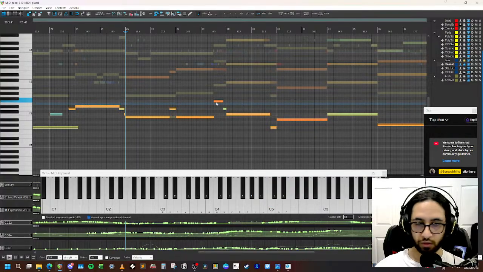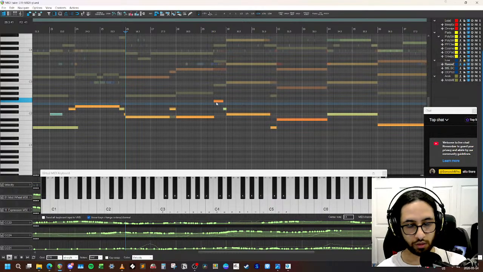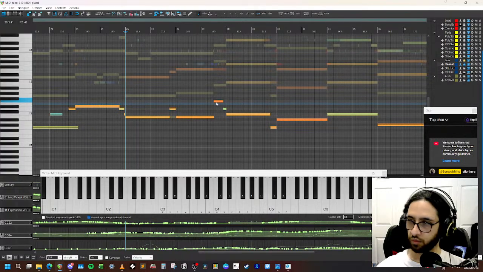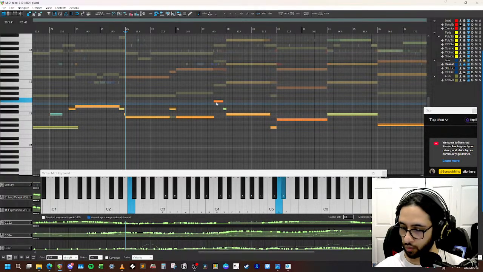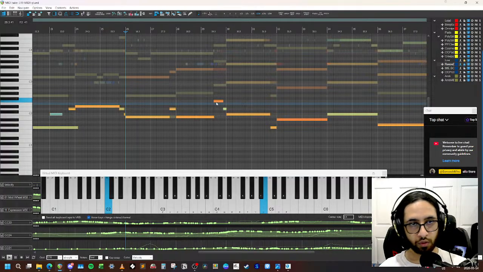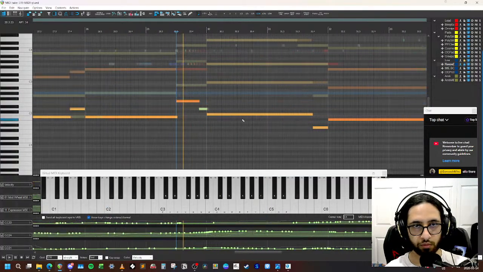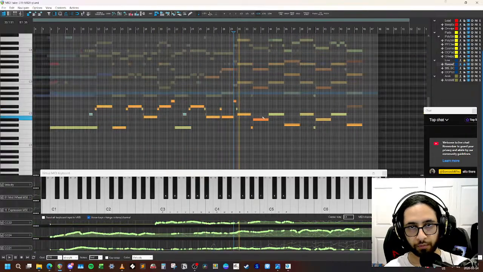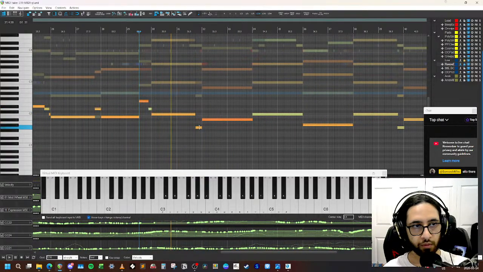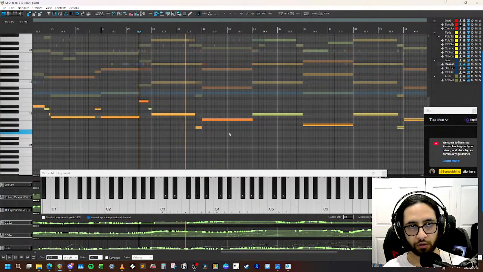So the melody is doing this. And on that same part, the bass does, oh, if I can figure it out. It's kind of a short walk down. And then it kind of just follows the chords.